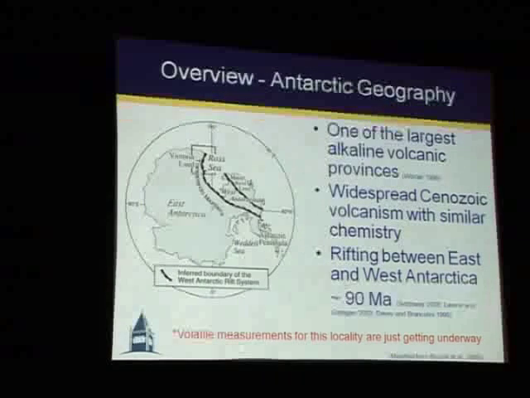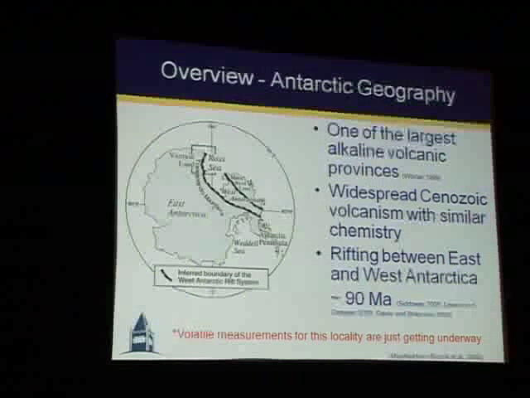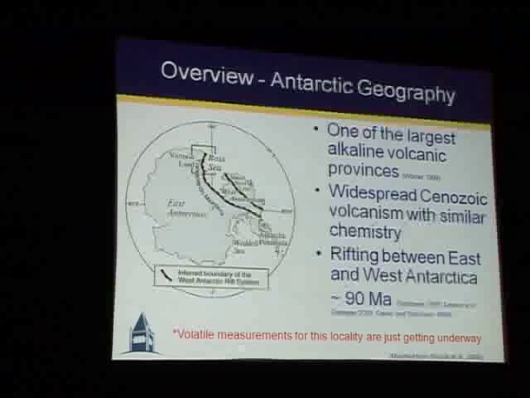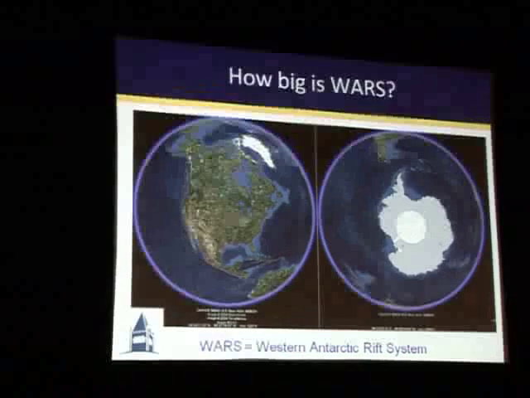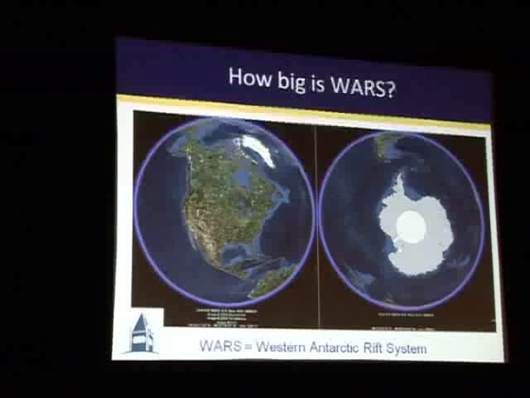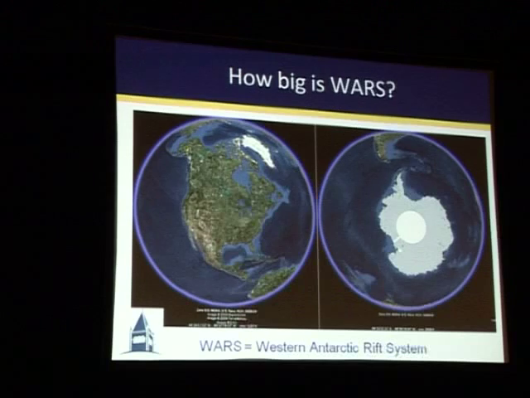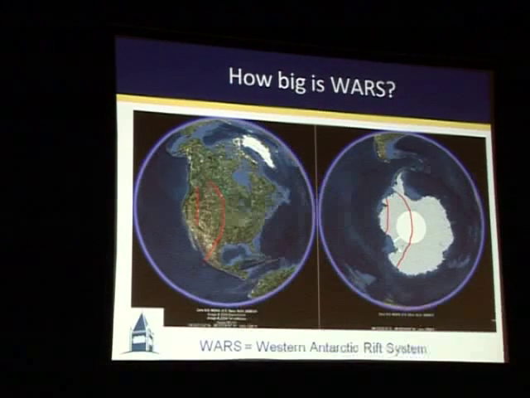Looking at this diagram, you may not have a good understanding of how large this area is, and therefore on the next diagram, I decided to project the continent of Antarctica next to North America at the same scale to show you that the West Antarctic Rift System is actually as large as the Basin and Range Province in the western United States and Canada. Okay, so these lines defining the West Antarctic Rift System are superimposed on the North American continent, and we see that it's a very, very large area.